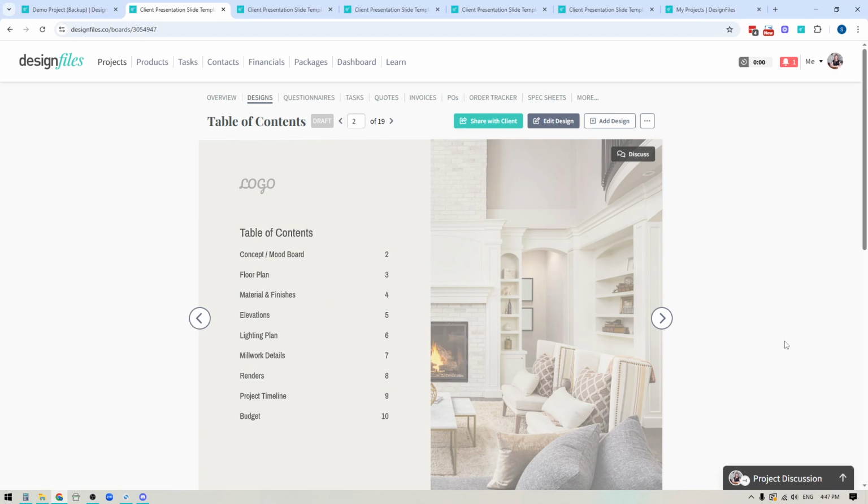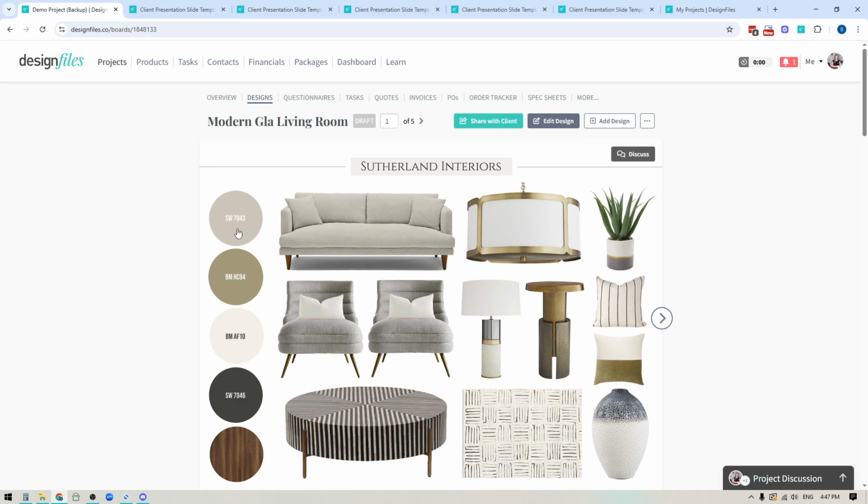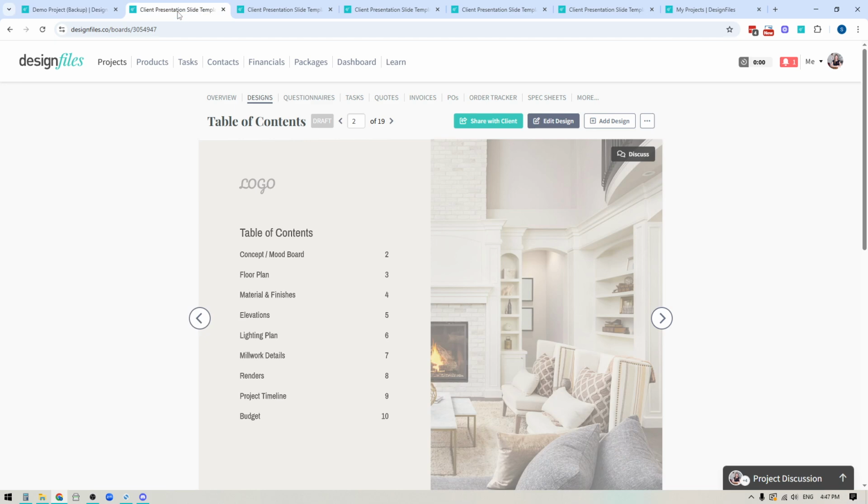In today's video, we're going to be going over the text tool within the Moodboard Editor. Now, there could be any number of reasons where you would want to include text on your moodboard designs. So in this case, maybe you would like to include some of the paint details within the paint swatches, or add some titles to your actual design board, or perhaps you're actually building out a full client presentation slide deck